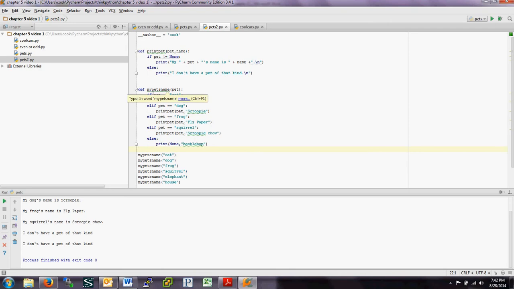and I still have my pet's name. The only difference is when I find out what kind of pet I have, for example, cat, I call print pet. And I need 2 things. I need the type of pet, cat, dog, frog, whatever, and the name. So I'm going to pass it the name Gemini, Scroopy, Flypaper, Scroopy Chow. And then up here in print pet,